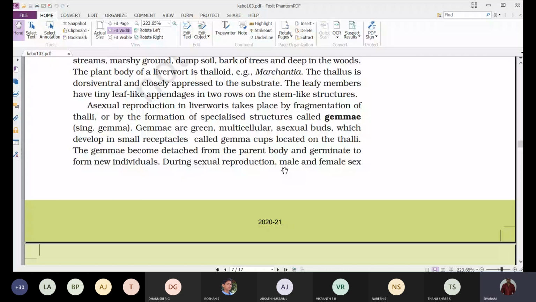And next, we already discussed sexual reproduction. During sexual reproduction the male and female sex organs are produced either on the same or on different thalli. If they are produced on the same thallus, we call it homothallic. That means both male and female reproductive organs, that is antheridium and archegonium,